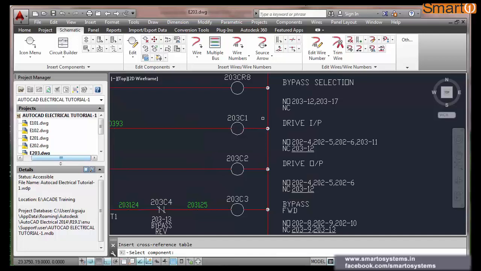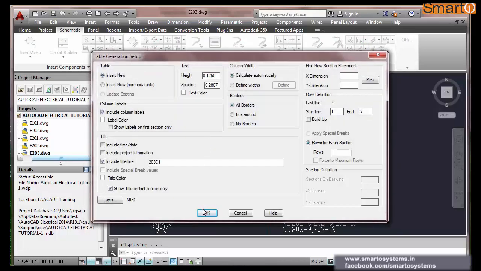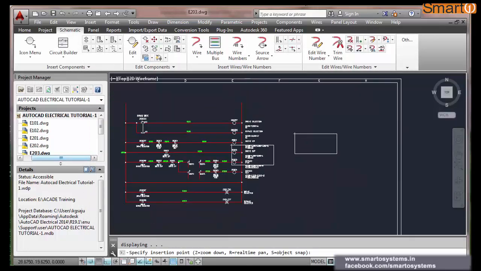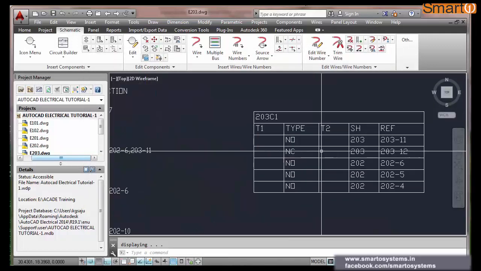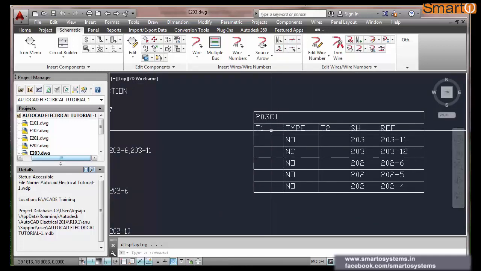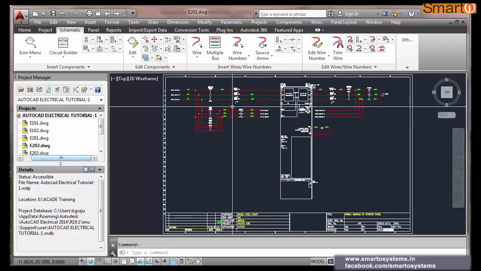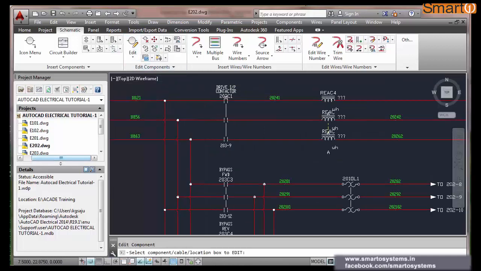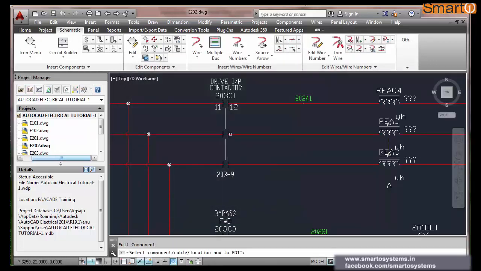Cross-reference table. Okay, now if I want to use the components of this particular one, we have used these numbers here, put on the drawing. Okay, I can put it in the drawing like this. Close. See, I have used sheet number 203. I have used here and here. In fact, normally what we should do is, while inserting the components, you should add the pin number as well. Like this, pin numbers should be 21, 11, 12. This is just an example.